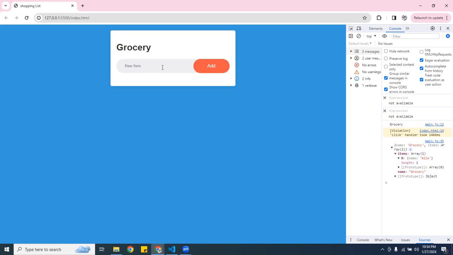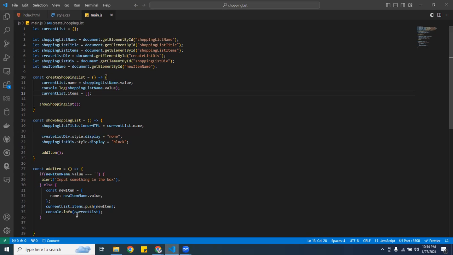Now we want to pass another one, which is bread. So this is the second item, see, it's going to be milk, bread. See, it's working good. So now that we know it's working, I want to go ahead and create